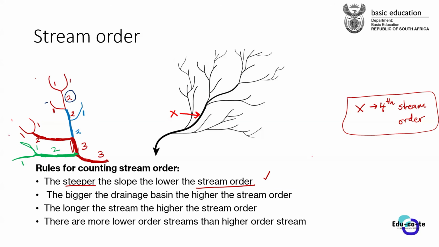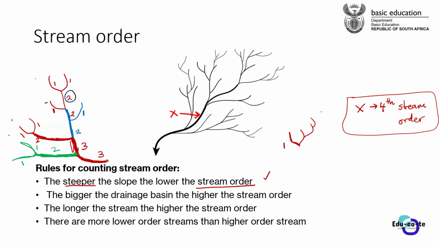Remember, guys, that these first order streams or these tributaries that I'm talking about, this is just water flowing away from the catchment area. That's a first order stream. Water flowing away from the catchment area. So if it's a steeper slope, the moment the rainwater lands on the catchment area, it will immediately flow away. So it means that we have more water that is immediately flowing away from the place. So we have got more first order streams.